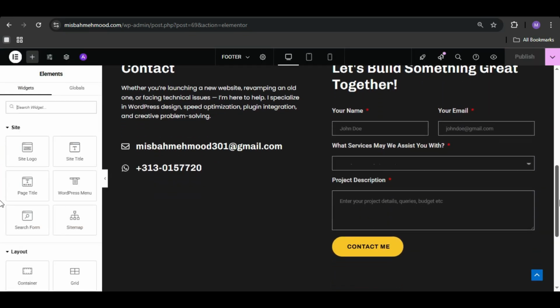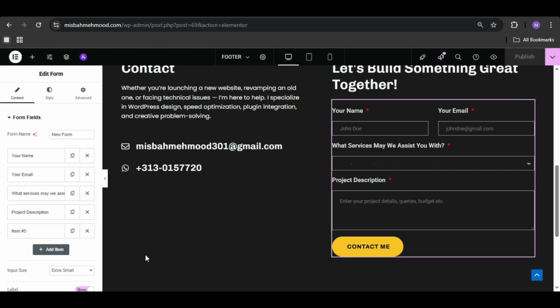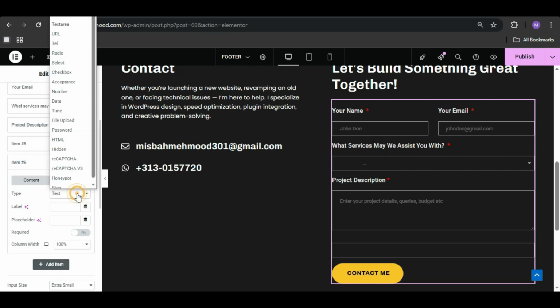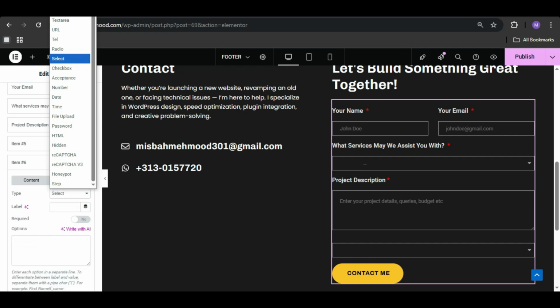So let's get started. So this is the form where I want to add a phone number field with country flags. As you can see here, when I try to add a new field in Elementor, in their type option, there is no field related to this. There is only a tel or number field, but it only gives me a basic input field. No country drop down, no flag, just plain text.